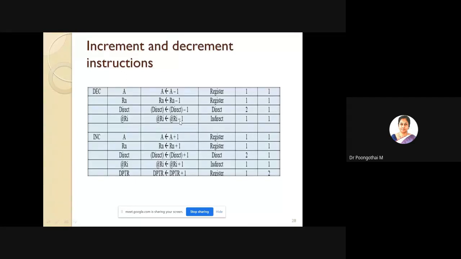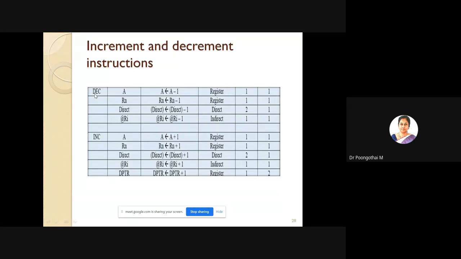Decrementing is the operation of subtracting 1 from the operand specified in the instruction. The operand may be the accumulator, an 8-bit register, an internal memory location, and also addressed by R0 and R1. The first two are register addressing mode, this is direct addressing mode, and this one is indirect addressing mode.